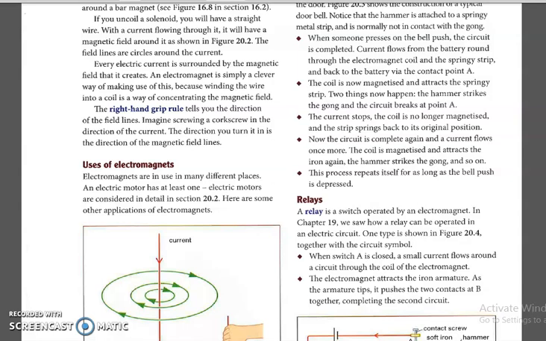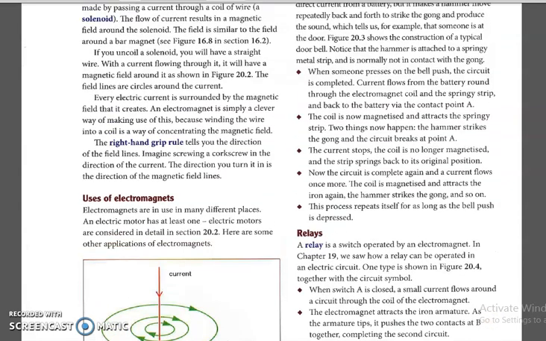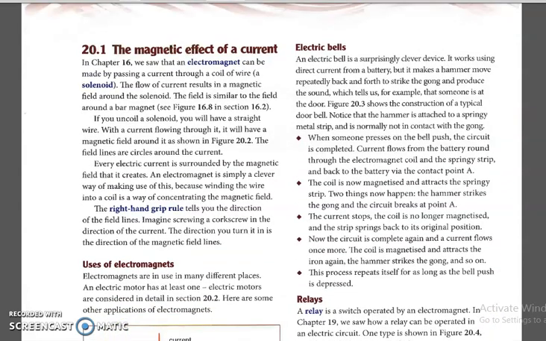So our first section is about the magnetic effect of a current. We know that when a current is passing through a conductor, there will be a magnetic field around it. In chapter 16 we saw that an electromagnet can be made by passing a current through a coil of wire, a solenoid. Flow of current results in a magnetic field around the solenoid, which is similar to the